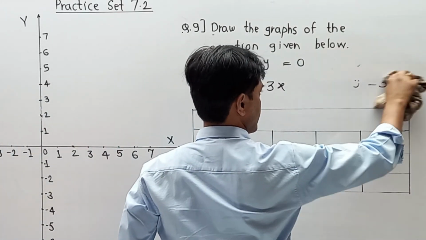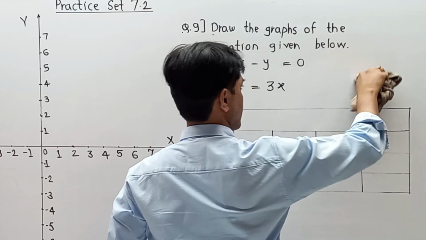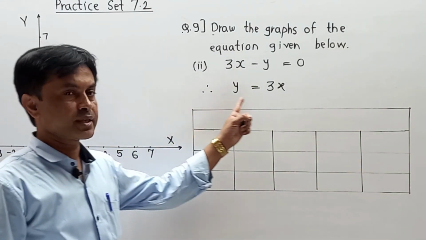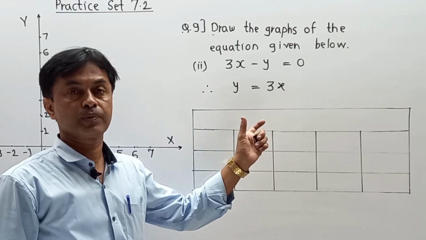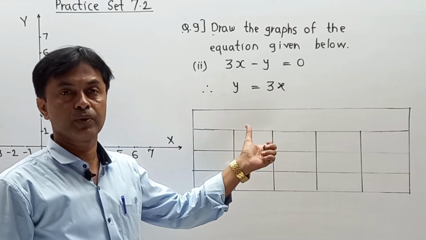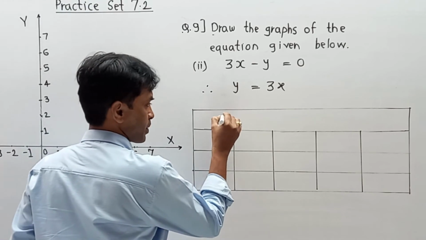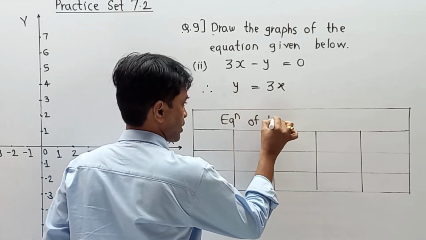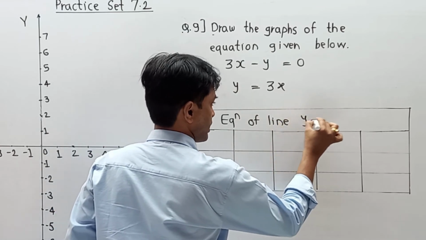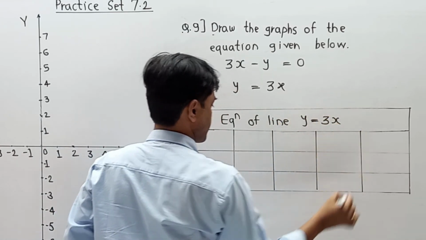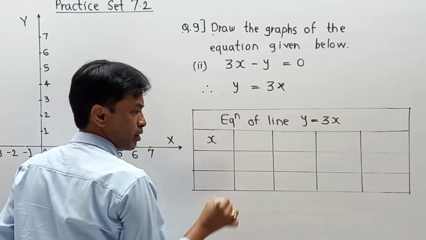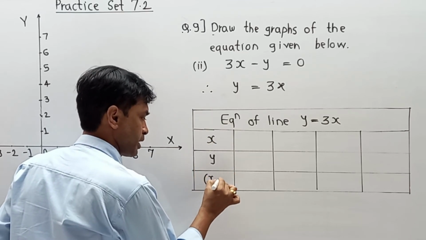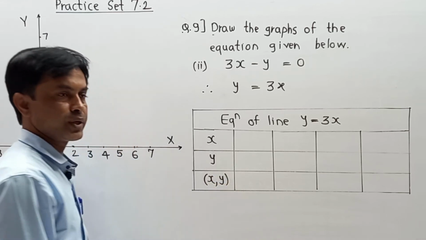Now definitely we have to solve this equation and complete our part. Now here, as this equation is something different, somehow calculation maybe, pay attention properly over here. So the equation of a line is y equal to 3x. Naturally we are going to put the value of x. After calculation we are getting the value of y, and then finally we are getting the coordinate x, y over here.